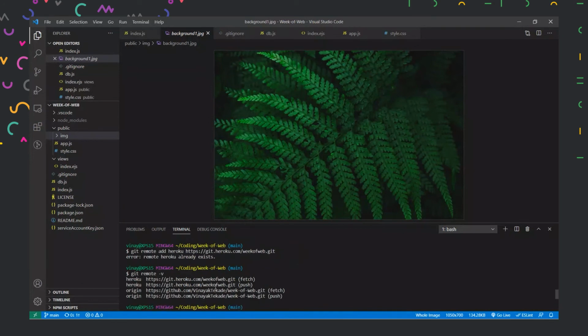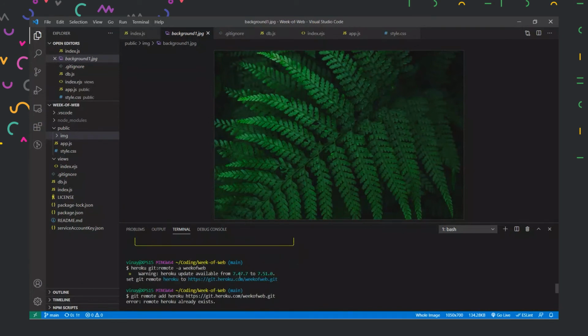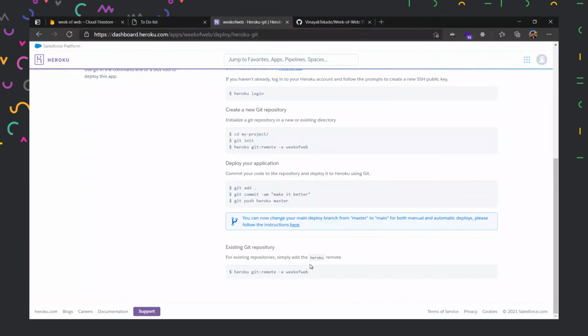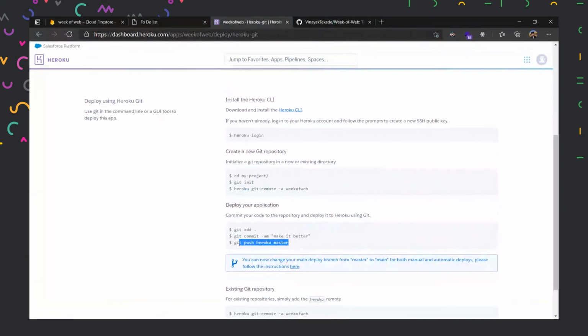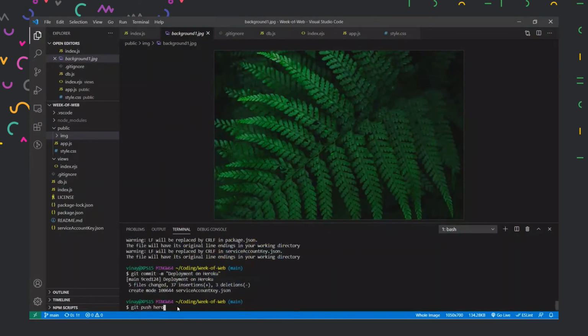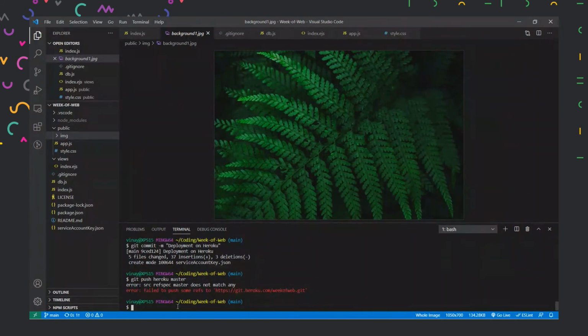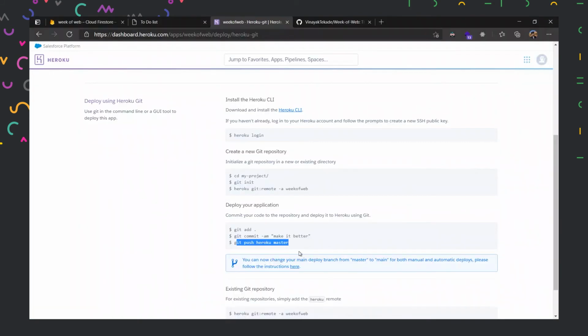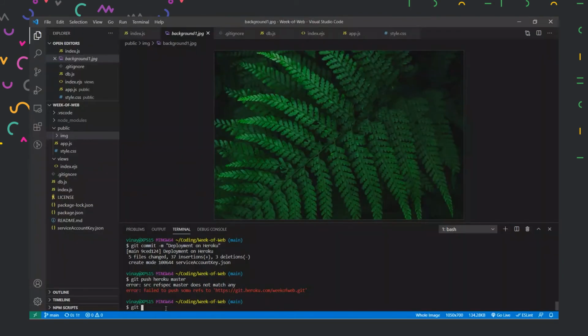What do we have here? Do we have main or master? So we have to check that as well. So in our documentation, we have Heroku master over here. So git push heroku master. So let us do that now. Heroku master. Reference to this Heroku app itself. Okay, let us check that out now.